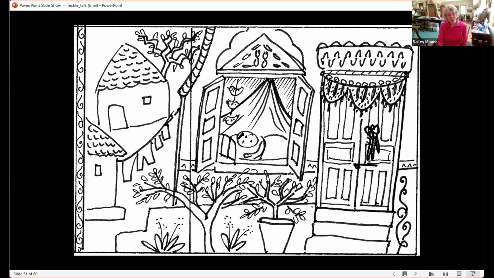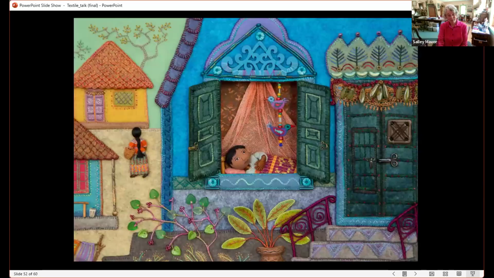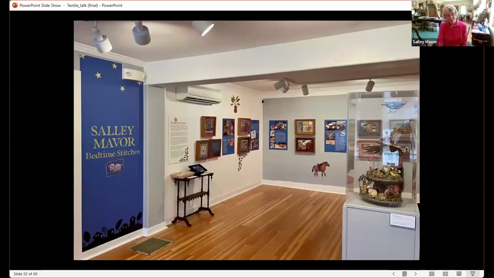Each scene started with a sketch, which I blew up to full size. And then I used that as a guide to build up the artwork for each page. After the book was published in 2020, the artwork has been traveling around the country in a touring exhibition. It's an ongoing show, and there's another couple of years booked.